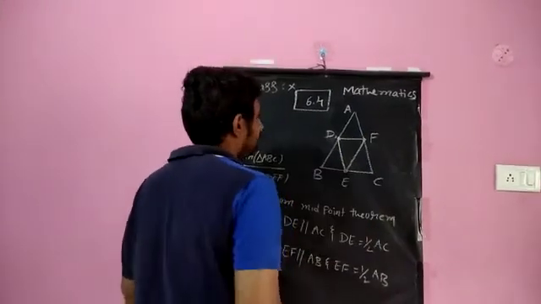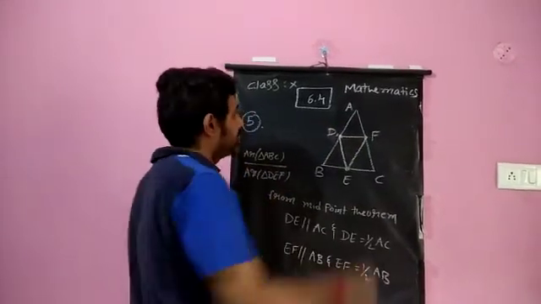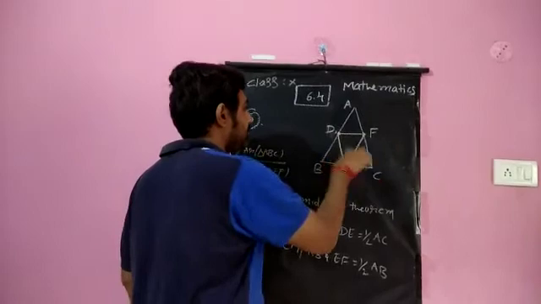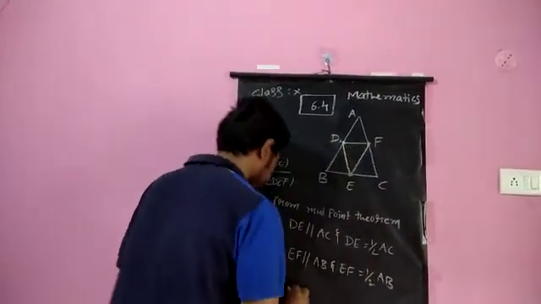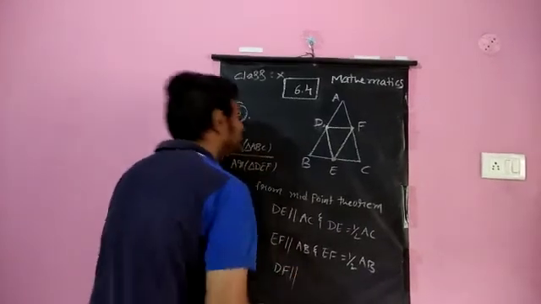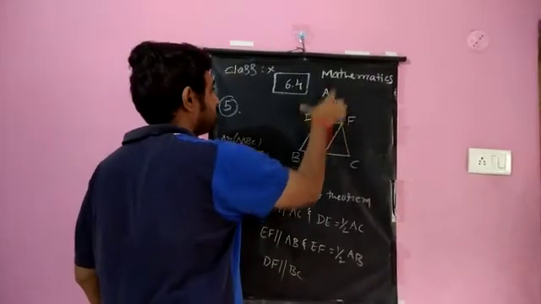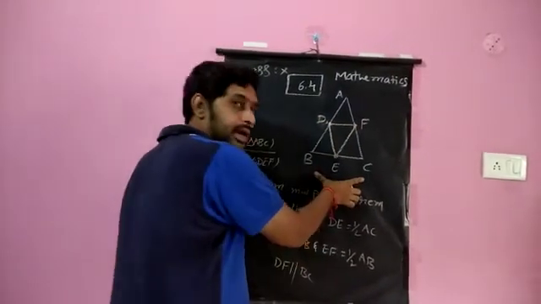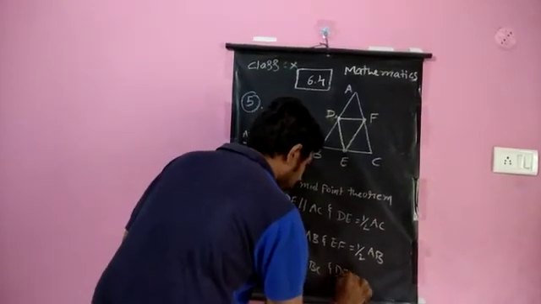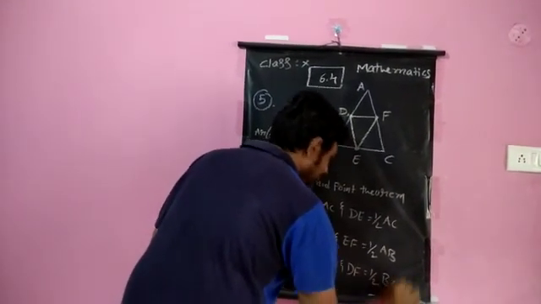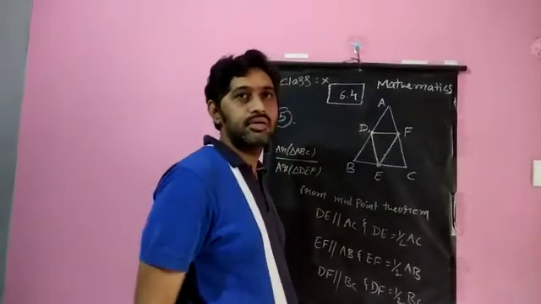If you observe carefully, we will be getting a parallelogram here. DECF will become a parallelogram, because both pairs of opposite sides are parallel. If I apply it for DF also, DF is the line segment formed by joining the midpoints D and F, which should be parallel to the third side, that is BC. So DF is parallel to BC and DF equals half of BC. This is the required material I am gathering in order to show these triangles are similar.